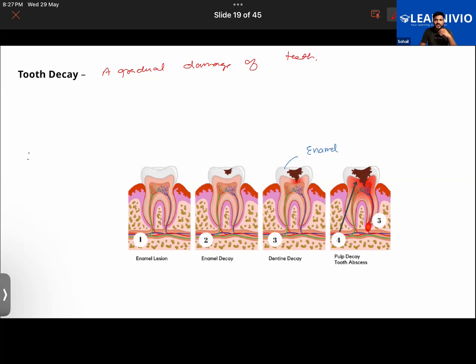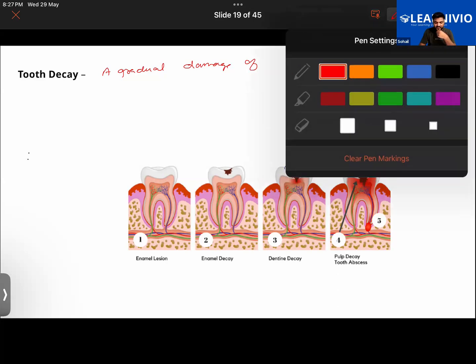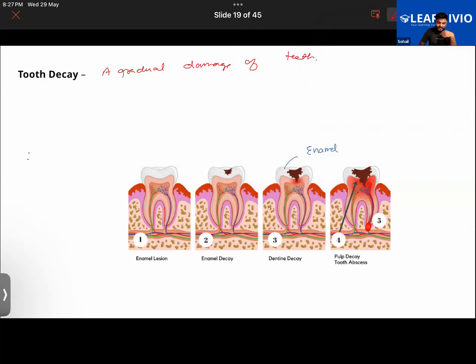Any leftover food present inside our mouth, if it gets stuck in the teeth, thereby what will happen? Bacteria will start to grow into it. Bacteria will start to break it down, and as a result, acids will be released which damage the teeth slowly, and it can cause severe pain if the pulp is damaged.